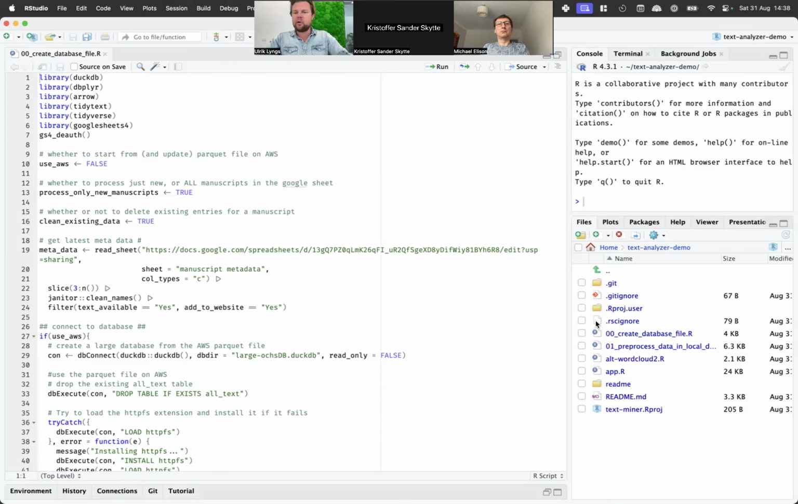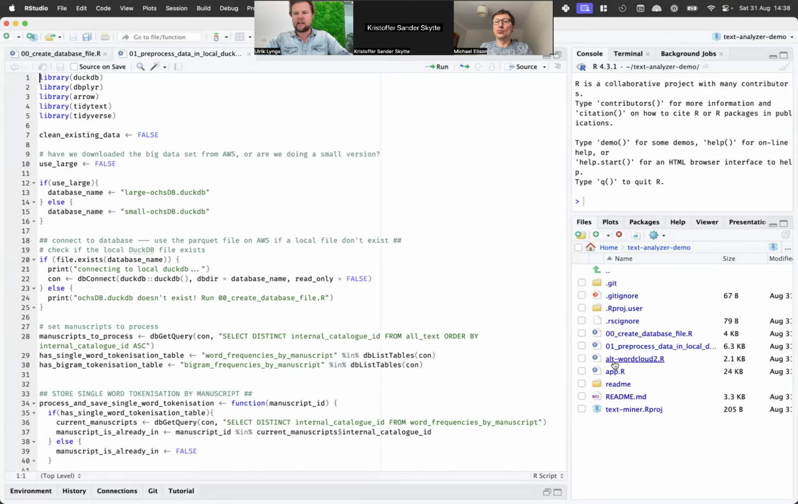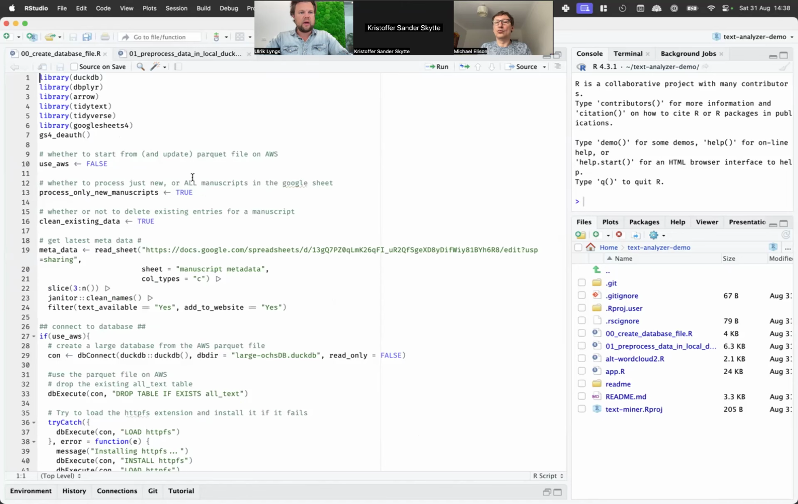And here, in order to run something, we'll want to run these two scripts first: the create database file, the pre-processed data, and then afterwards we can run the app. You can sort of cheat, and if you set this to true, it's going to